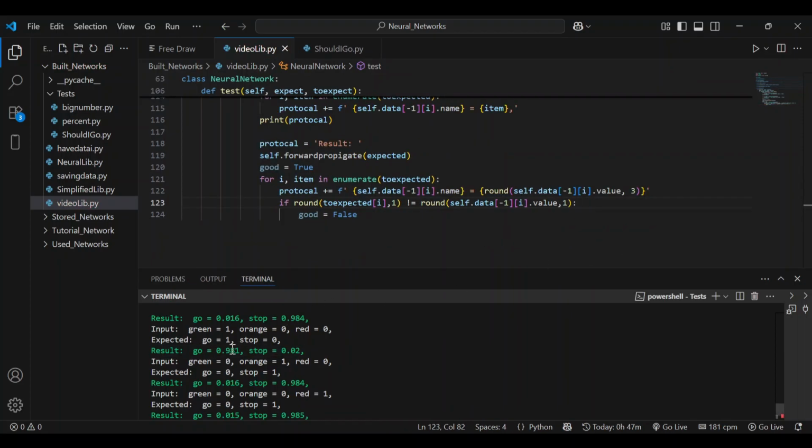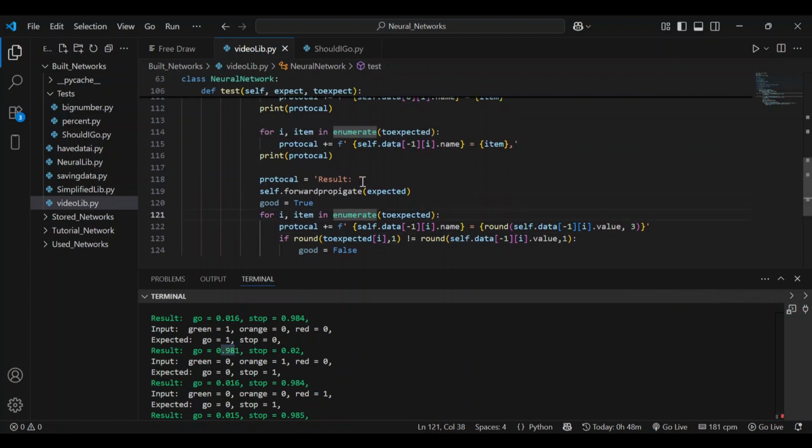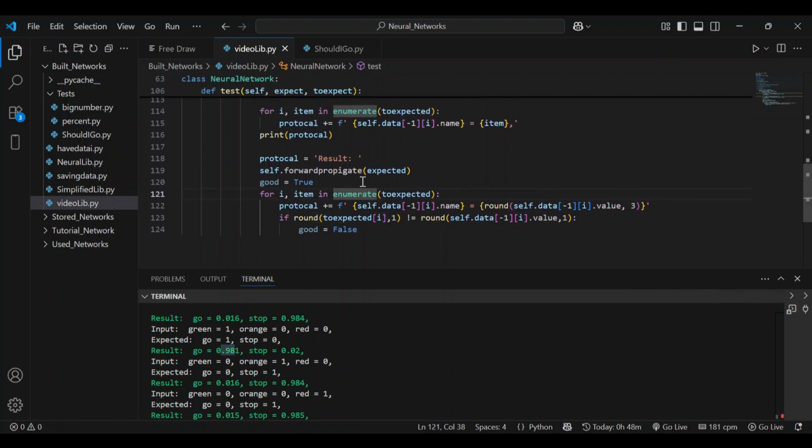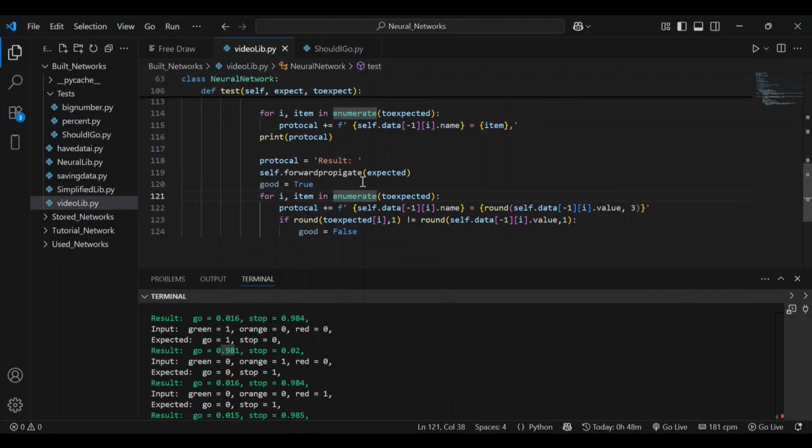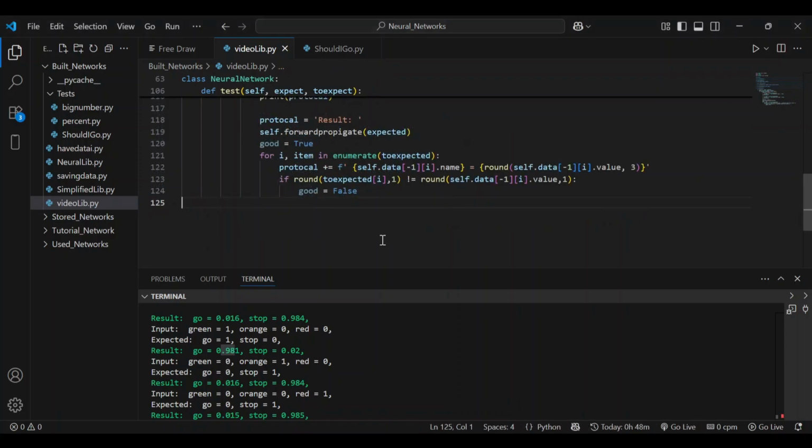So we see down here a 0.9. If that 0.9 is rounded up to 1, that's what we want. If good equals 1, we want the result to end up being above 0.95, which is what this makes sure of. So it's going to set good equal to false, and then if good, we're going to print